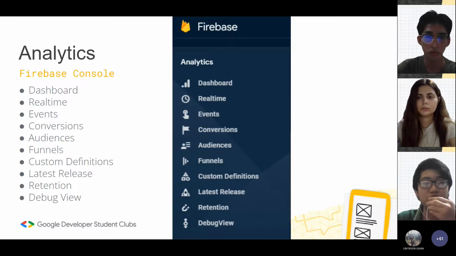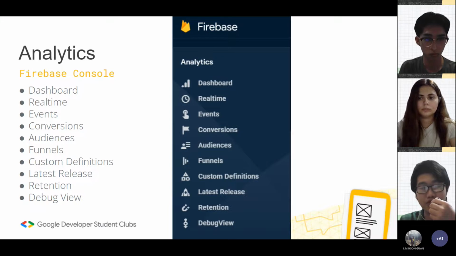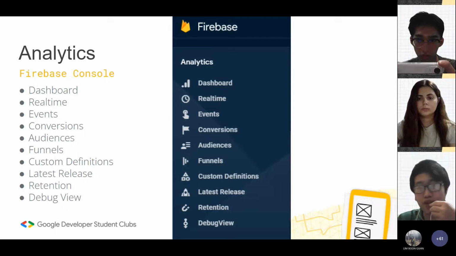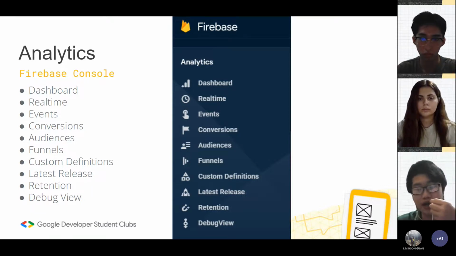Okay, then the next portion we have analytics. This is pretty much just the statistics about your app. You have so many here. It's just different aspects of how well your app is doing after it's been released to the real world. And here you have a lot of real-time data where you can look at it and understand how your app is doing out there, or where you can see sources of improvement.